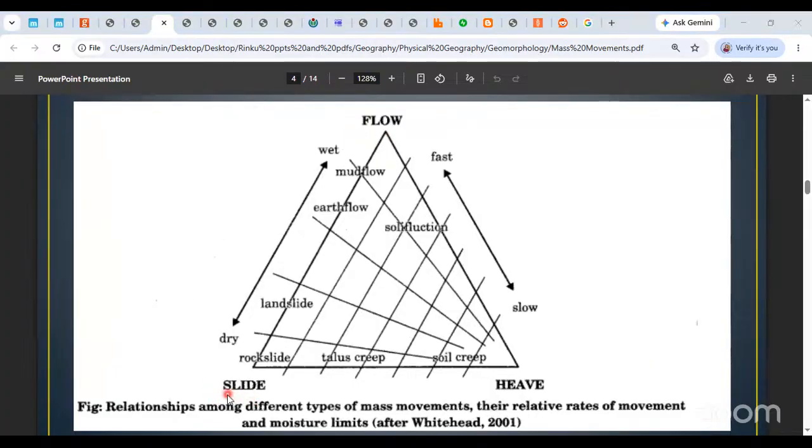There is a slide over here. So the movements over here are more of a sliding thing. What is a slide? It will always touch the surface it is moving along, right? That is a slide, right? What is a heave? Something is being pushed out. Heave is something being pushed.